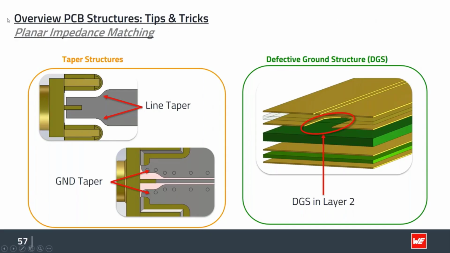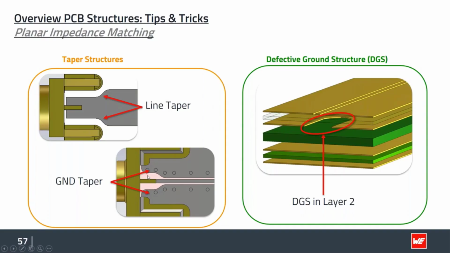The ground taper finally compensates the additional capacitive parasitics you bring onto the PCB track, because you can imagine if you set a pin like that on this small PCB track, it brings additional material, so you will have capacitive parasitics that cause an impedance mismatch, and you want to compensate by removing some of the material